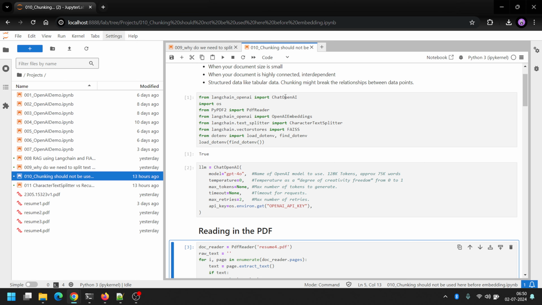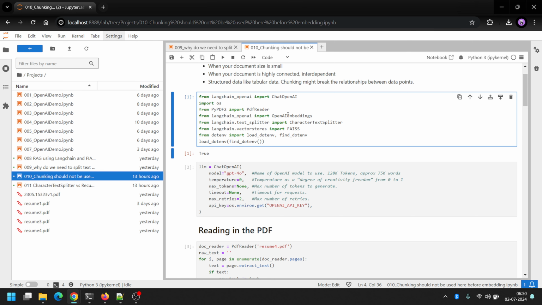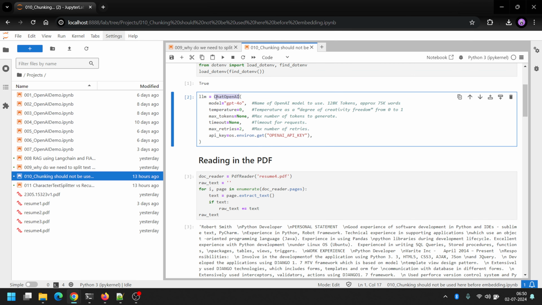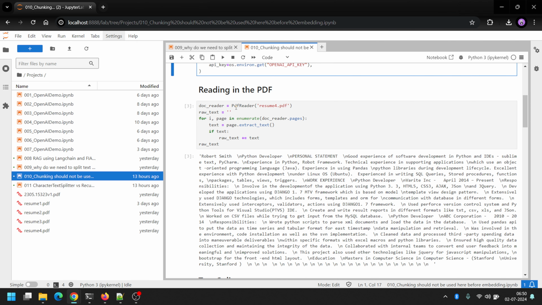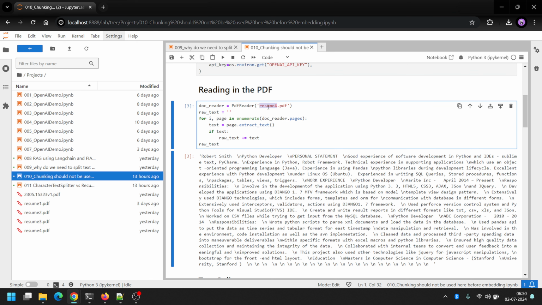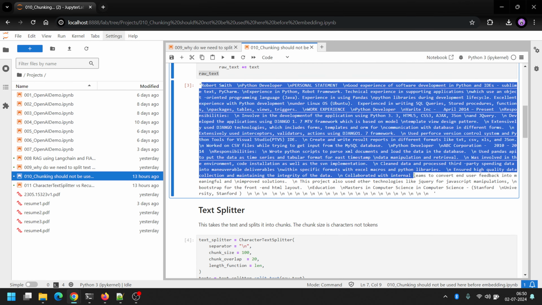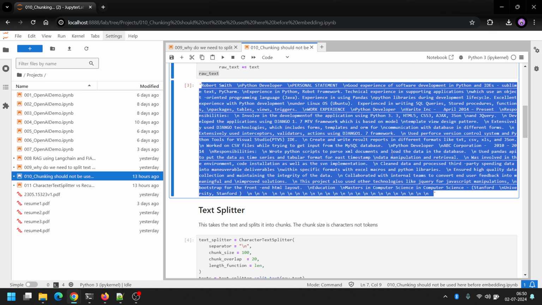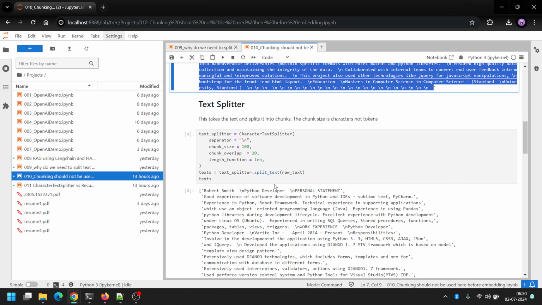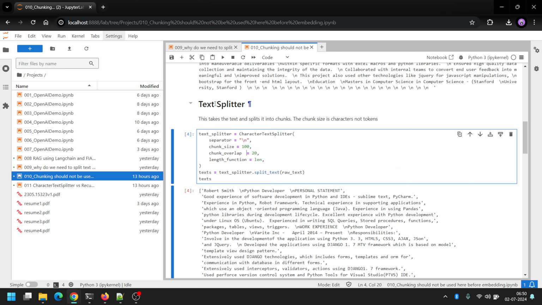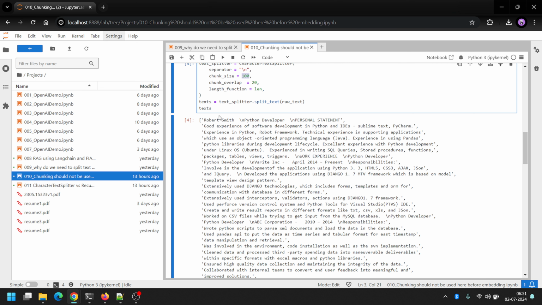So, like always, I've imported all the dependencies, and then I'm creating an LLM object using Chat OpenAI and GPT-4o. Now I'm reading a PDF into DocReader object and converted it into raw text. As you can see, this is the text that I'm trying to get answers from. And now I've used a textsplitter object with 100 chunk size, and you'll see all of these chunks get created, right?